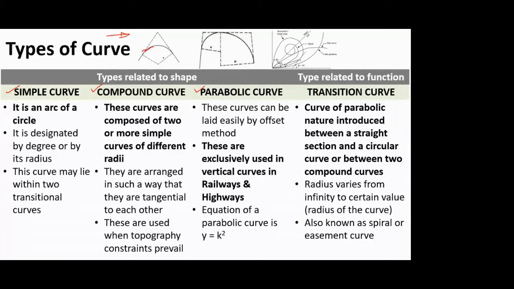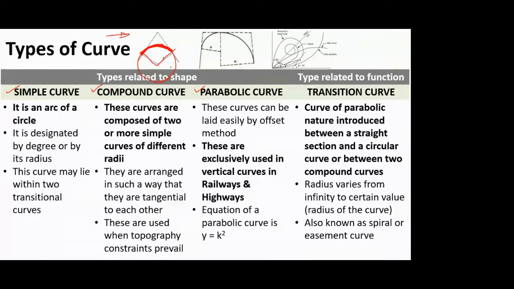If I draw just a circle over here, and I consider this as a circle, a simple curve is nothing but one arc, or one part of this circle. That acts as my curve. Only this portion I will be utilizing as a curve in my alignment. And generally horizontal curves, as I told you in the previous slide, are mainly these simple curves. So this is nothing but the simple curve.